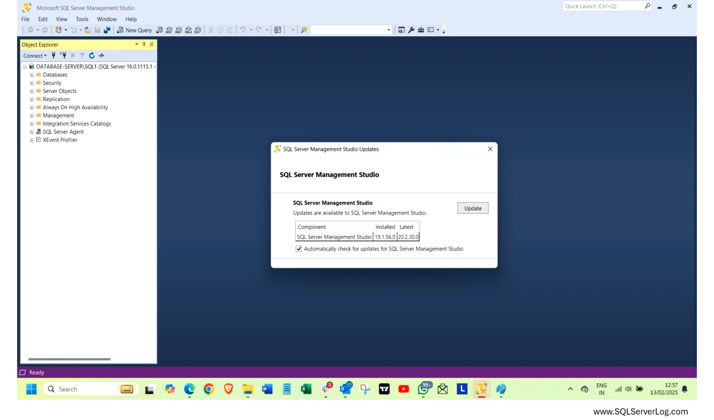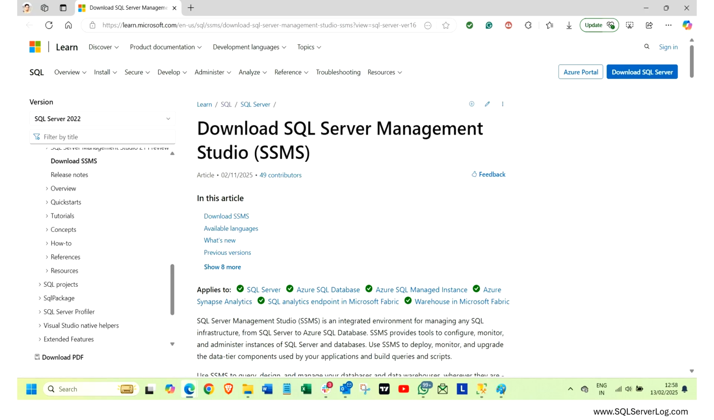20.2.30. So you can click on the update button, and below you can see one check mark there, automatically check for updates for SQL Server Management Studio. You can tick it so that it will update automatically next time. Okay, so click update. Now you will be diverted to the download SQL Server Management Studio page on the Microsoft website, and here you can see